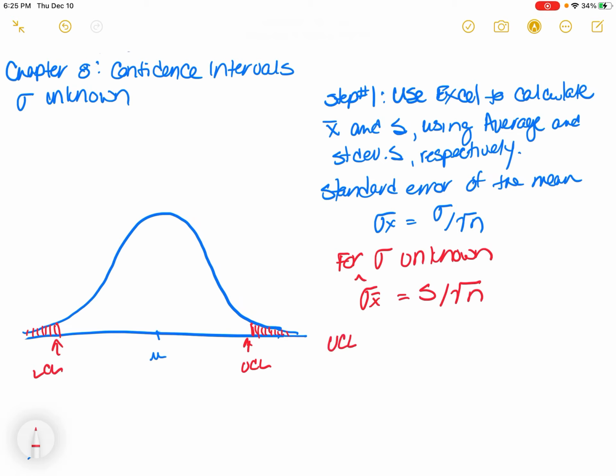So upper confidence level or limit would be equal to X bar plus, because we're using T versus Z because T student distribution because the sigma is unknown. And then we would do this. And then our lower confidence level would be X bar minus